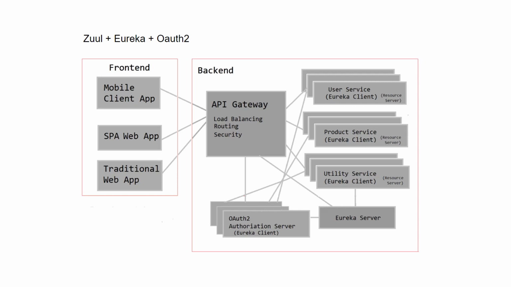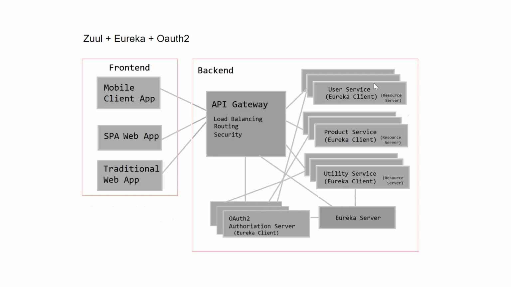As all these backend services are now secured by OAuth 2, all the requests to these backend services must have the OAuth 2 token. So whenever the request comes in, the API gateway checks for the token. If the token is present, it is directly routed to the corresponding microservices. And based on the authorization information, the request is served by the microservices. These backend microservices are now secured by this OAuth 2. Only those requests which are authorized by the authorization server will be served by these backend services.